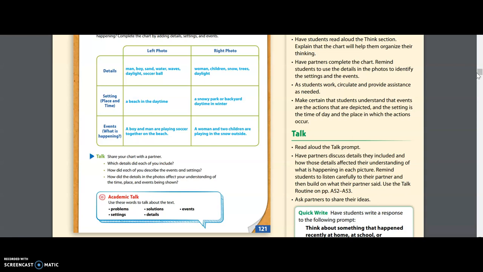You should have put for the right photograph that it is a woman, some children, they're in snow, there's some trees, there's some daylight. So you're giving us the details that you see. For the setting, you should have said that they are at a snowy park, or maybe it's a backyard, but we know that it's daytime, and we're pretty positive that it's the winter because there's so much snow out there. And then for the last portion of your graphic organizer where it says events, you should have said that there is a woman and 2 children who are